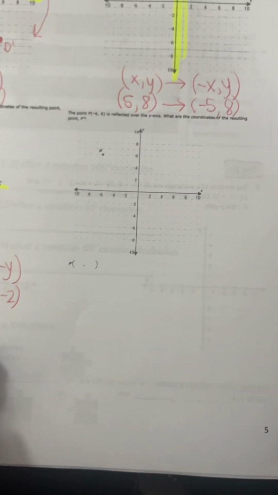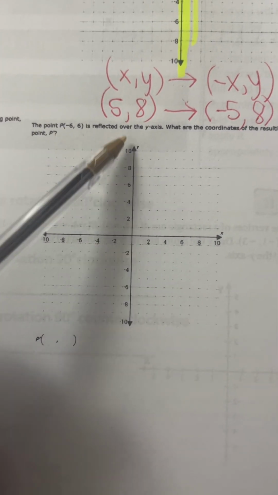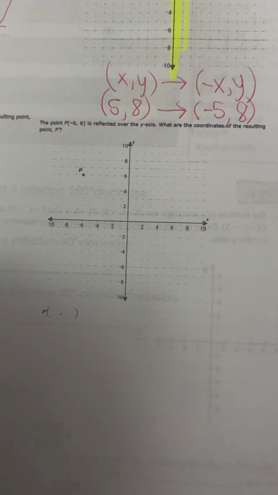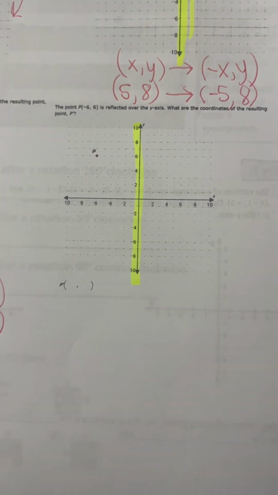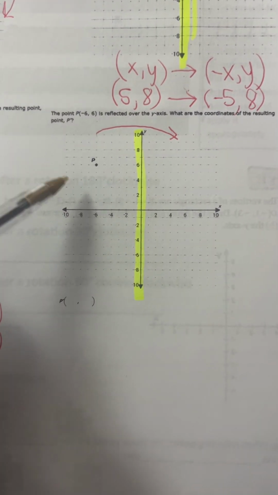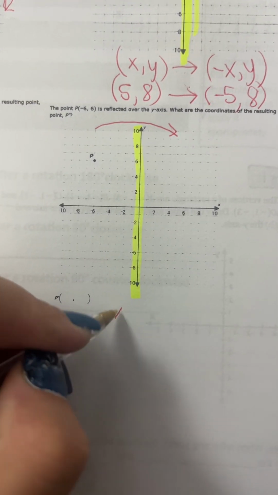Okay, one more. (-6, 6) is reflected over the y-axis. What are the coordinates of the resulting point? So here's our y-axis. We've got to go across that line. Okay, across that line is somewhere over here. We need to write the rule. So (x, y)